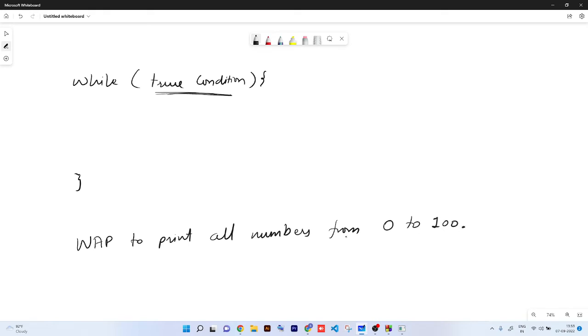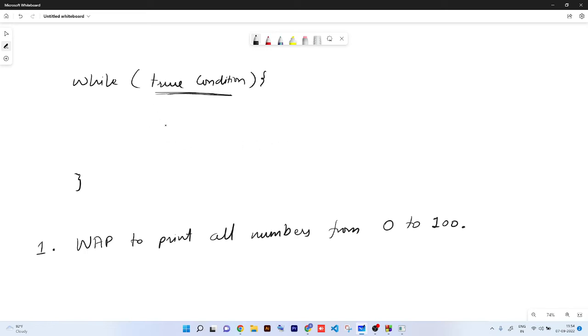Okay. So this is the question for today. Write a program to print all numbers from 0 to 100. And now we'll be looking at all the three loops and how we can execute that in the three